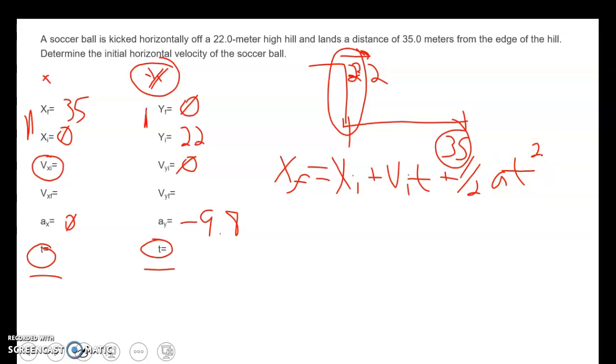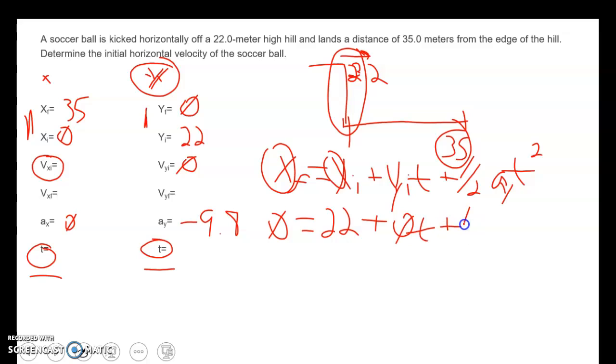But I'm going to do it in the y, so I'm just going to substitute y in for my x's, okay? And this is going to be initial velocity in the y and my acceleration in the y. So my finished spot in the y is 0. My initial spot is 22. I add to that my initial y velocity, which is 0, multiplied by t, plus 1/2 times my acceleration in the y, negative 9.8,